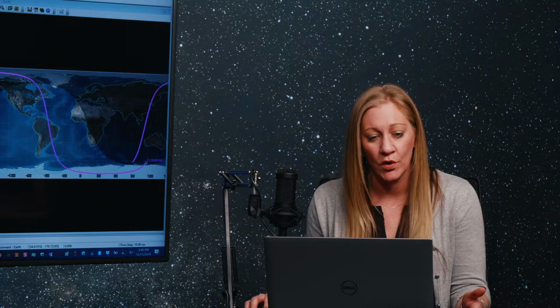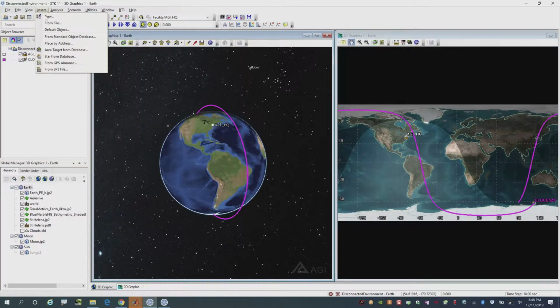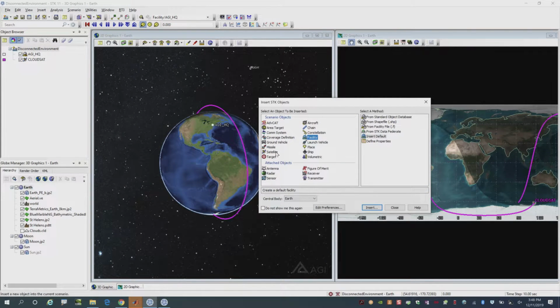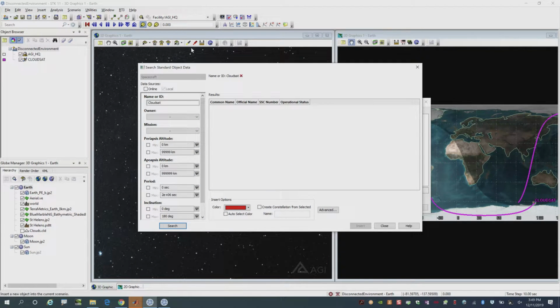But we also have a standard object database, which is installed locally with STK as well. If we open up the Insert New STK Object window, you can see that if I'd like to add a satellite, there is a method from Standard Object Database that still allows us to pull from the install locally for objects. So for instance, if we want to add in the International Space Station, I can just type in ISS,